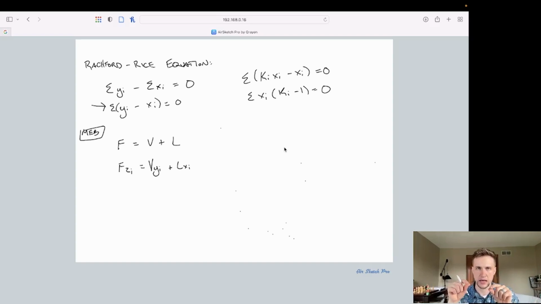So let's go ahead and do that, which allows us to say from this equation here that the feed equals, now we can again substitute in yi, we know is ki, the product between ki and xi, plus, now with the liquid,